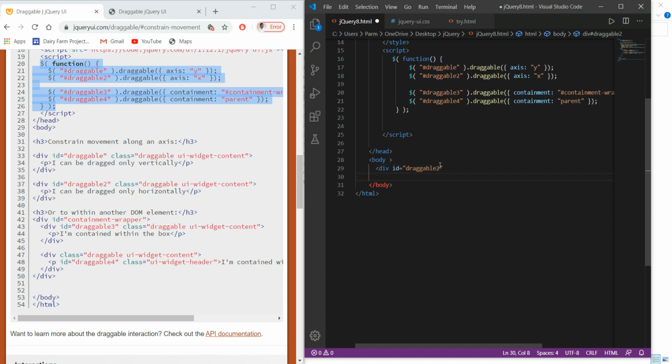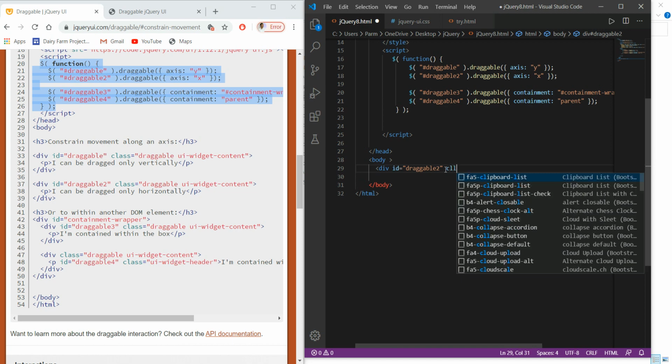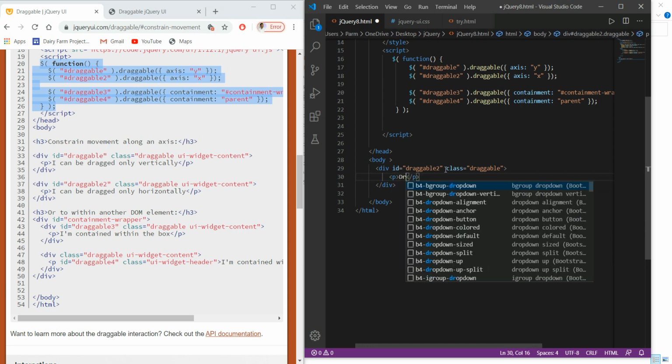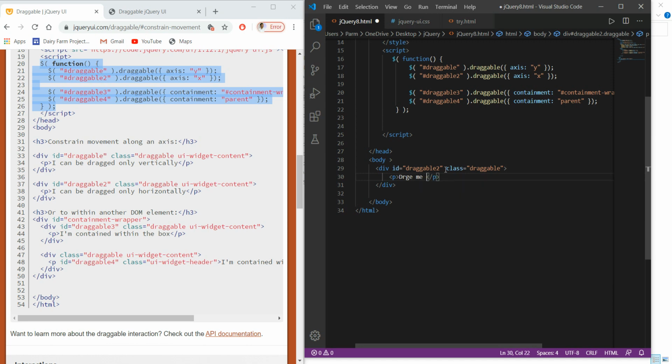And I'm using another class with it, the class draggable, and within this I'm using a paragraph. Here it writes: drag me horizontally. Save it.